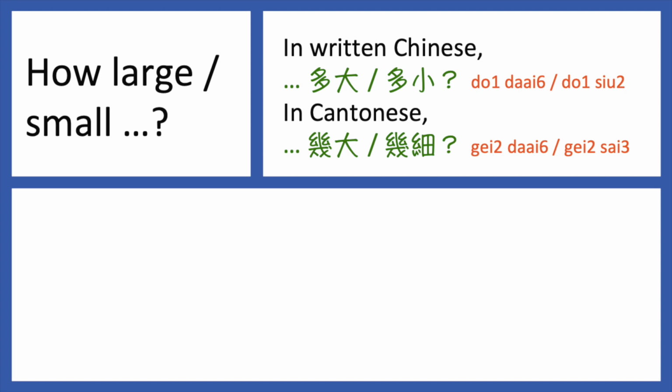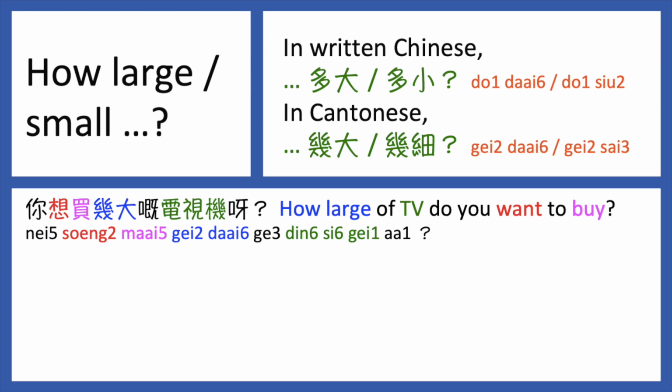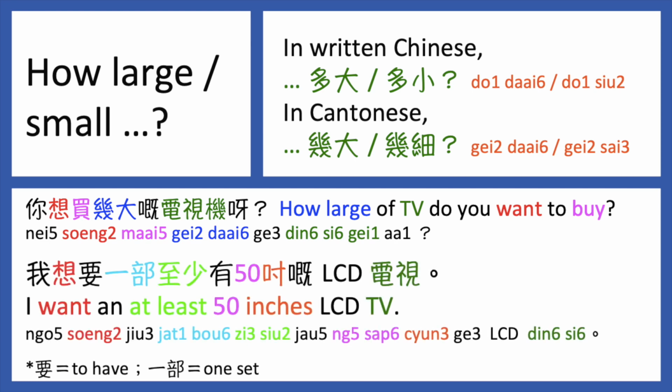How large? How small? In written Chinese, we say 多大？多少？ In Cantonese, we say 幾大？幾細？ For example, 你想買幾大嘅電視機啊？我想要一部至少有50吋嘅 LCD 電視。